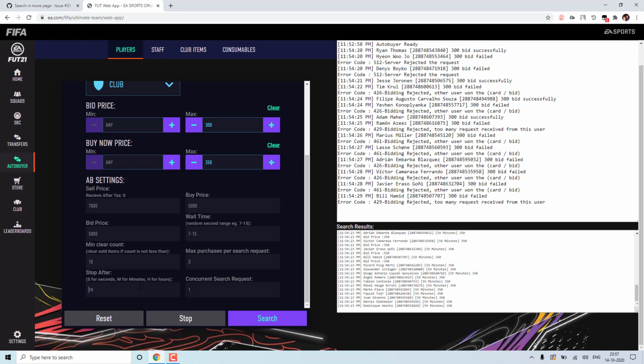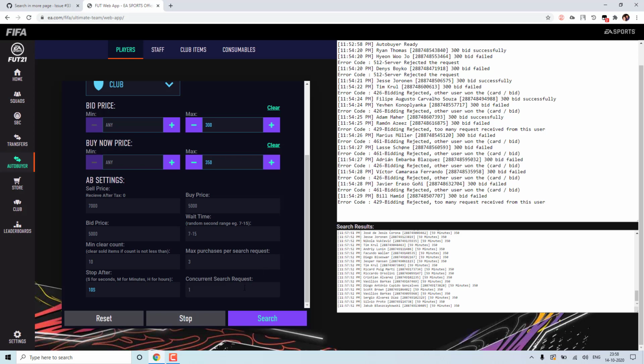So for demo purposes, I will keep 10 seconds and show you. You can use S for seconds, M for minutes, and H for hours. Okay. So now if I start the tool, it will automatically stop after 10 seconds. So if you see, the bot automatically stopped. Okay. So it won't bid or sell any players going forward.